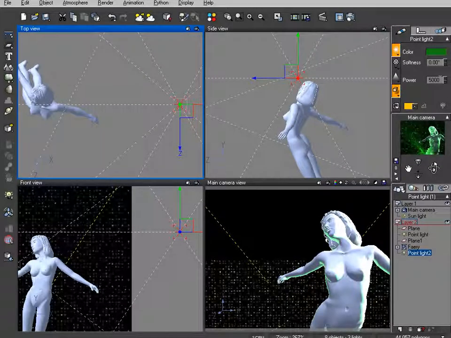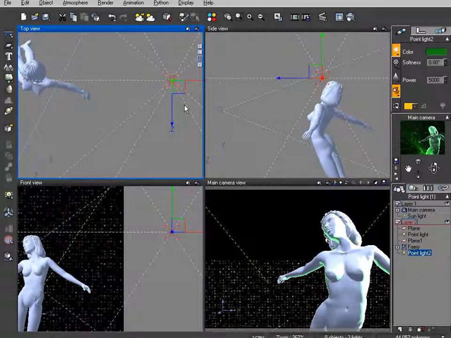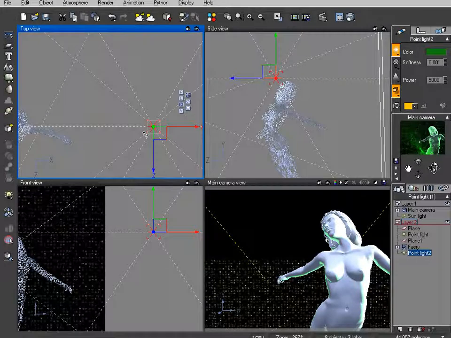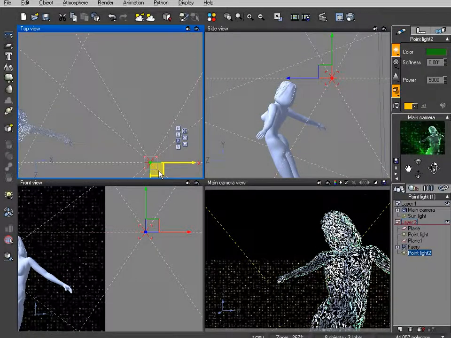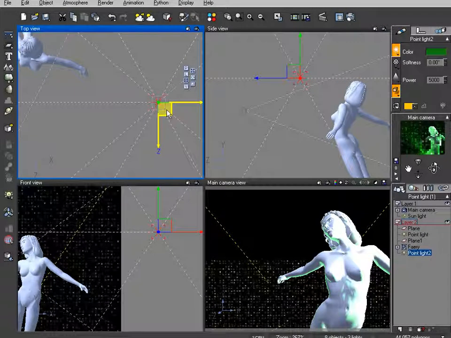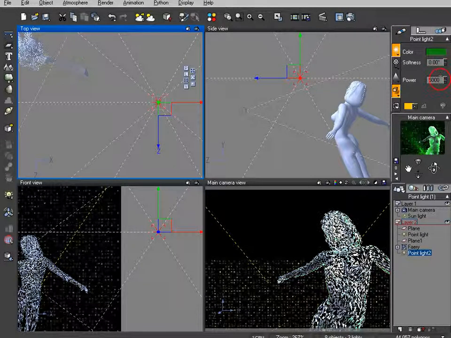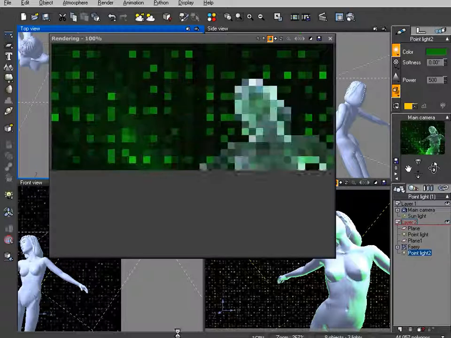So if I increase the power of the light to just an ungodly level, it shows me immediately and very quickly what effect I am having by moving my light around. Once I like the way it has illuminated the object that I want it to illuminate, now I can cut the power down